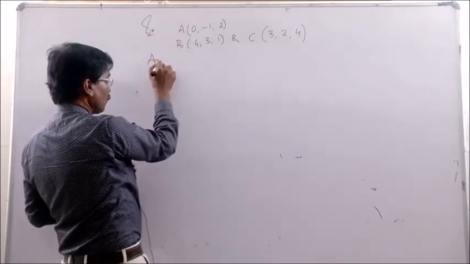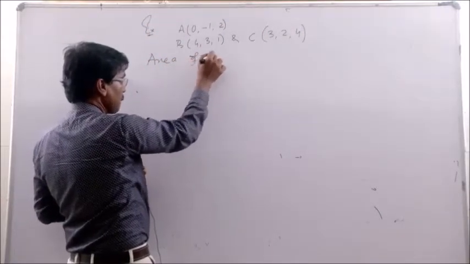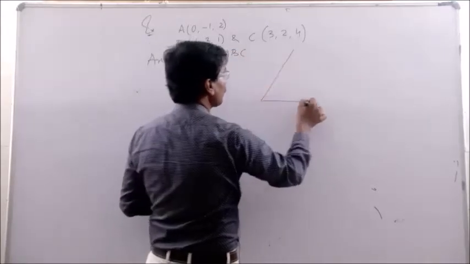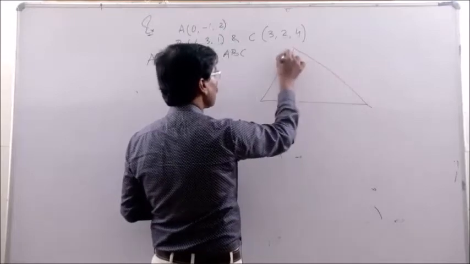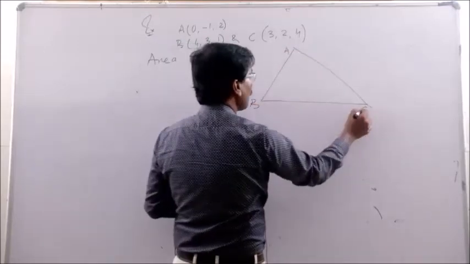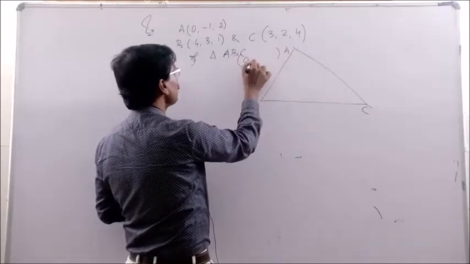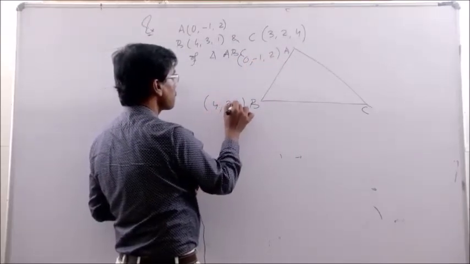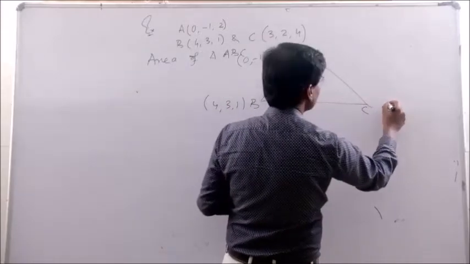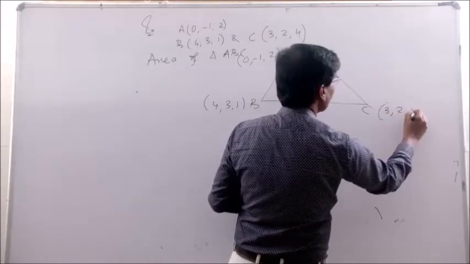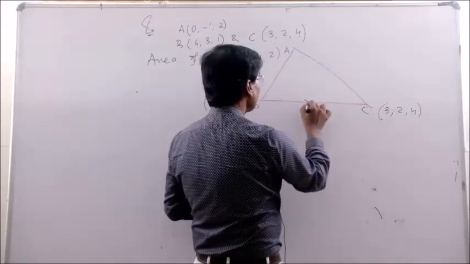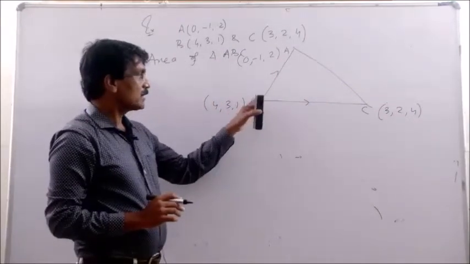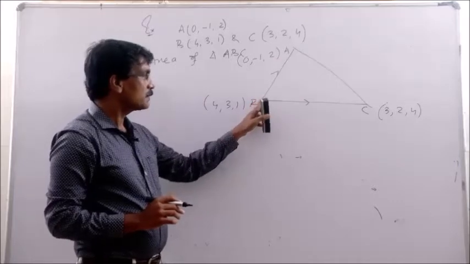Then how to find the area of triangle ABC? You can make a rough diagram, that is A, B, C, and put its coordinates: A is (0, -1, 2), B is (4, 3, 1) and C is (3, 2, 4). First we calculate the two consecutive sides BC and BA having common vertex B. So